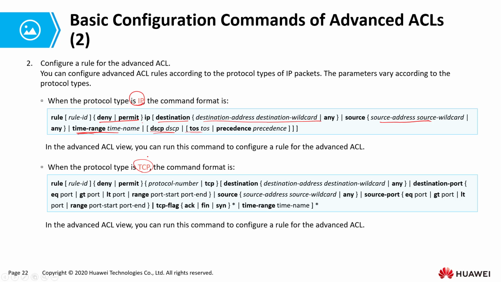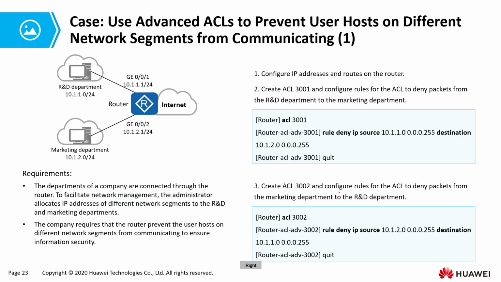If it is TCP, again, you can see the difference right there. We would be dealing with TCP, and then of course you also still specify the addresses for the source and the destination. You can specify the port, the port range. All these parameters you can specify depending on requirements. Right here I have an example which I advise everyone to try out in their eNSP. Just fire up eNSP, set up this topology, and configure